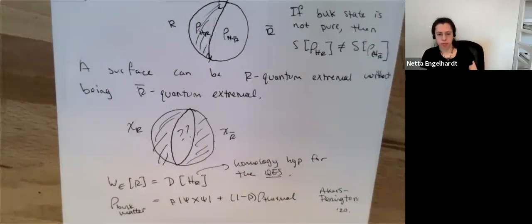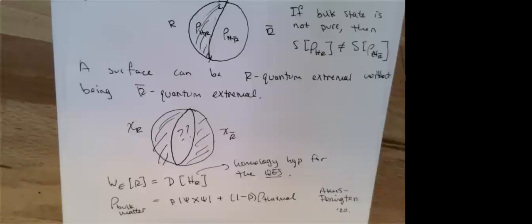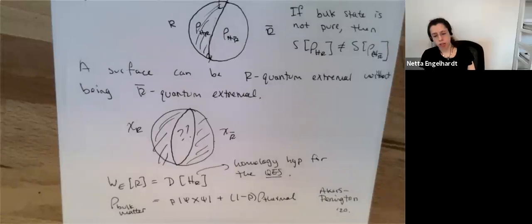Purifications in general are not unique. So if you purify a state and then you say that's going to correspond to a particular bulk configuration, does that somehow mean that the no man's land that you have in that diagram is not a unique choice, because there's not a unique purification? Well, so